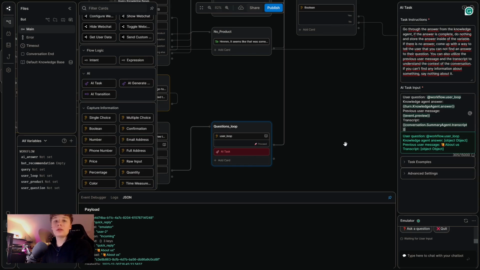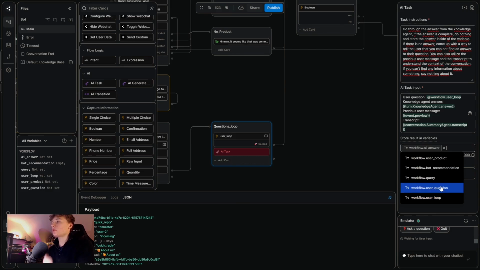So here we have the full task input, and I'm going to store the result inside of the same variable,